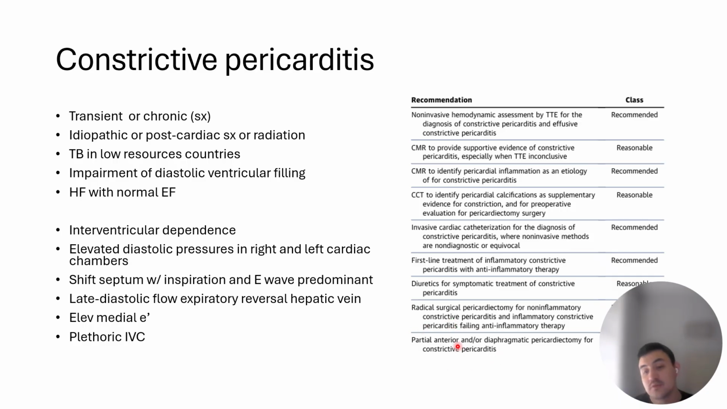Back in the day, it used to be a partial, meaning I'm only gonna do the anterior, only the diaphragmatic. Now it's radical. You have to dissect all the pericardium around the heart. Remember this, when you have a pregnant woman who has recurrent acute pericarditis, you may also consider pericardiectomy. Why? Because she may want to be pregnant and she would like to avoid any medication which